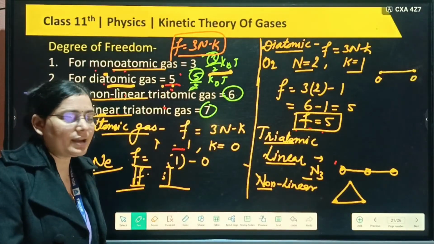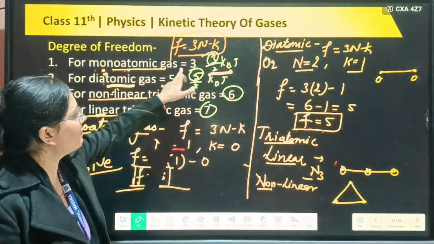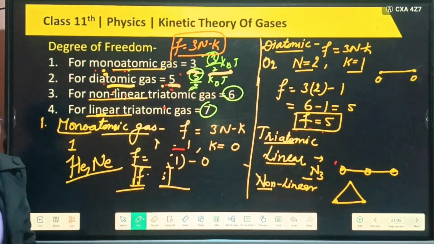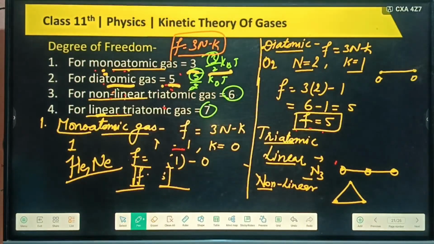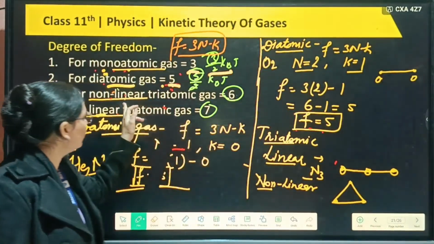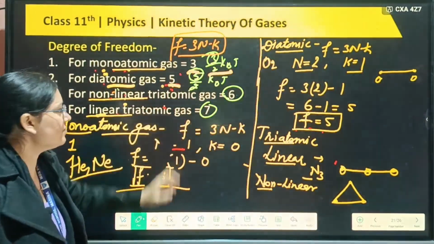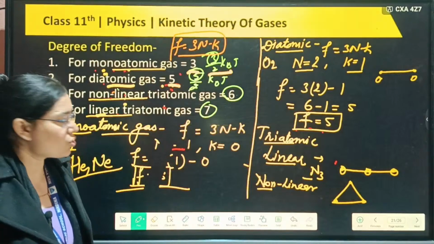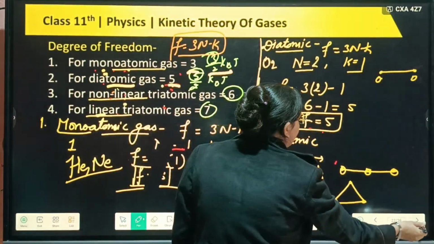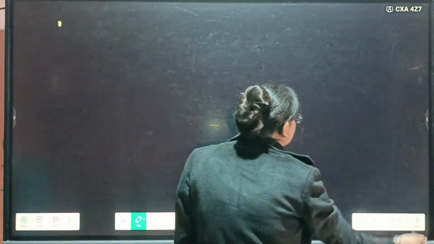There can be mono, di and tri. For the monoatomic we found 3. For diatomic it will be 5, and for triatomic it can be non-linear or linear. For non-linear it will be 6 and for linear it will be 7. So we have discussed this, and our next step is to find the specific heat